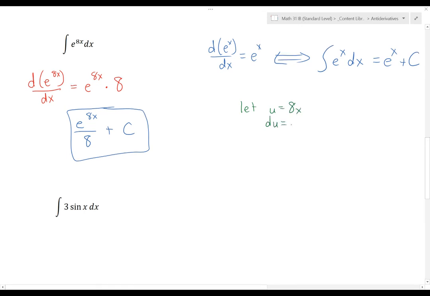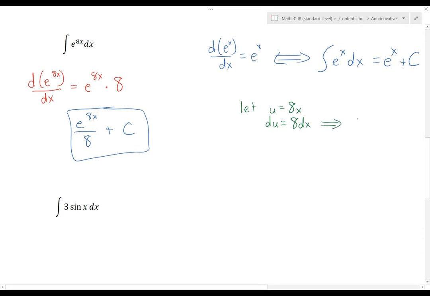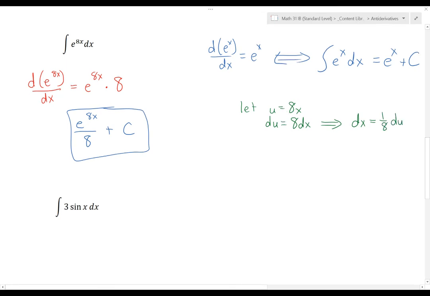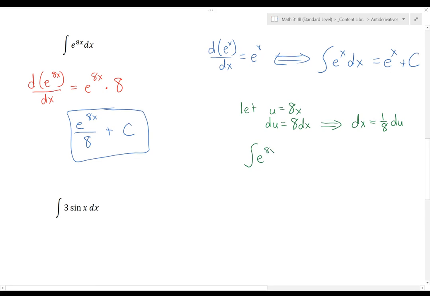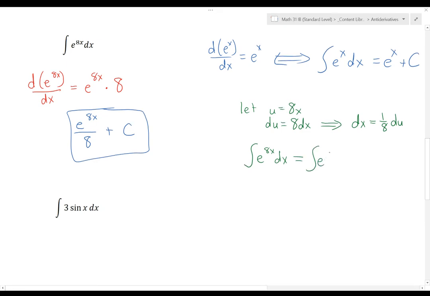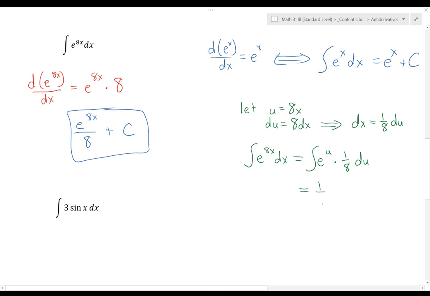What I can do is I can say let u equal 8x, in which case du equals 8 dx. That tells me I can replace dx with 1/8 du. So now the antiderivative of e to the power of 8x dx is equivalent, when I do these substitutions, to e to the u times 1/8 du,